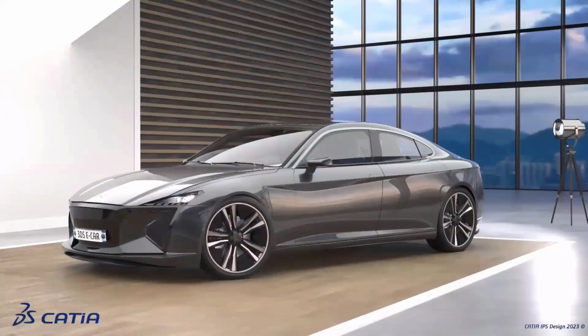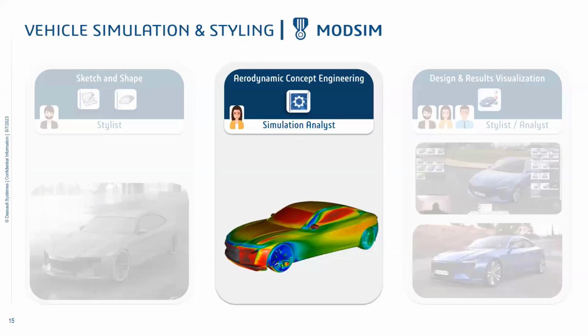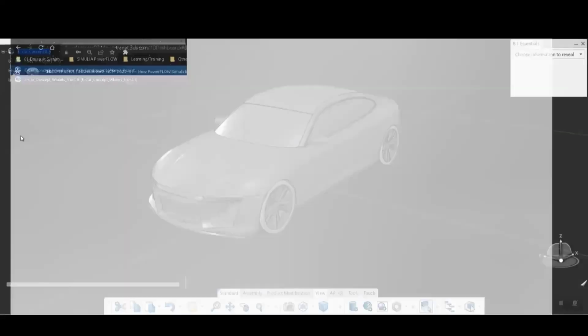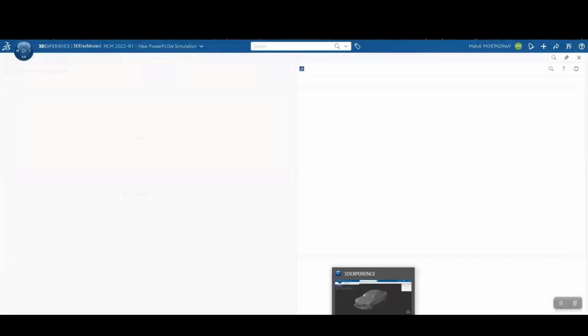So once we have that 3D model from the design studio, we then can say, all right, well, how's it going to perform? And this could be done by a simulation analyst. It's also, as you will see, easy enough that it could be executed by the designer themselves, or at a designer level. And that's because